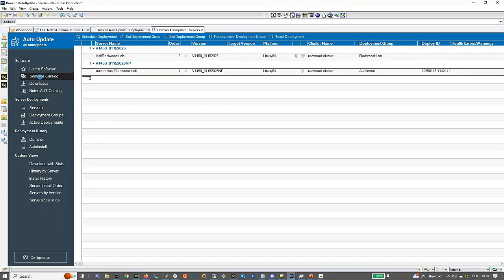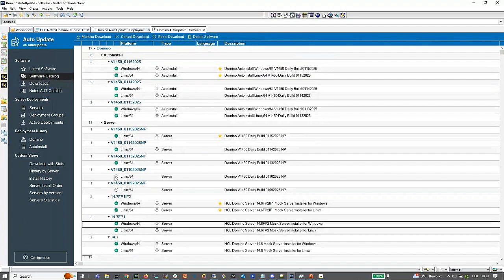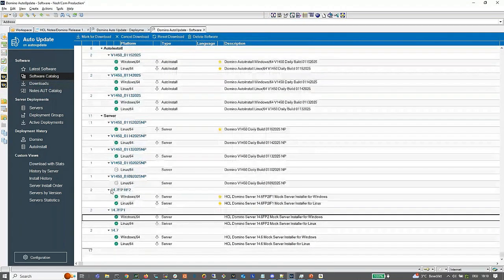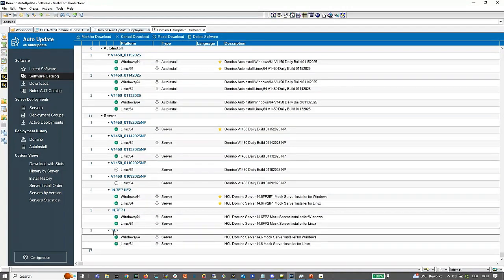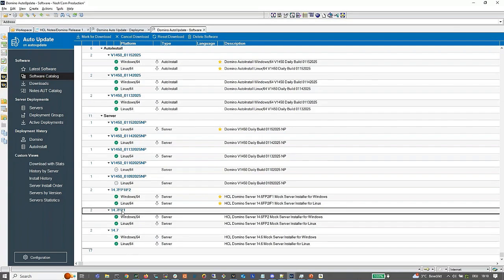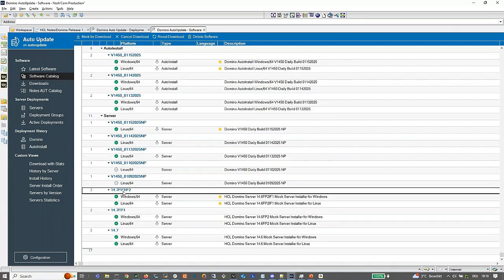First of all, let's have a look at the software documents. In the software documents, you see here that we have a 14.7, which will never be released this way. We just made that up, right? We picked a version that will very likely not be there. We have a fixpack 1 for this version. We have an interim fix 2 for this version. And when you open the documents,